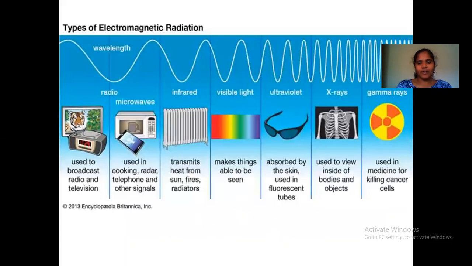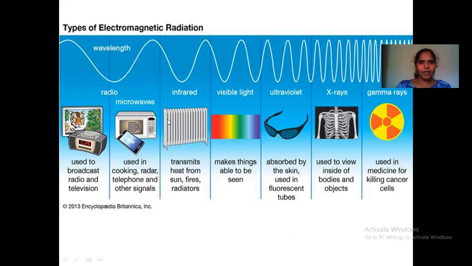As I told, the wavelength is varying from one radiation to the other radiation. Wavelength is defined as the distance traveled to finish one cycle, or the distance between two crests or troughs. You can observe now the radio frequency radiations will have more wavelength than the gamma radiation. You can observe that the wavelength is just reducing when you move on from the radio frequency to the microwave to IR, UV visible, X-rays and gamma rays.